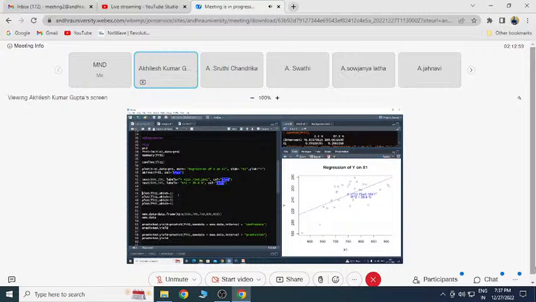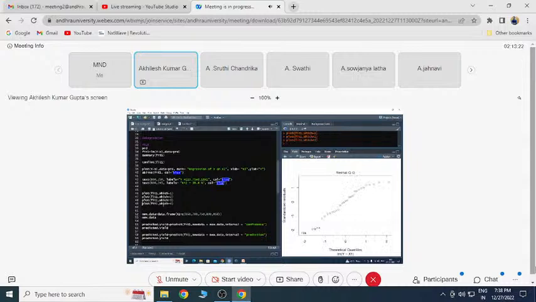These are the plots you can use to check the assumptions of your regression. This is the residual versus fitted plot. I will give you a link or file where you can read about this thoroughly. I don't have much time, 20 minutes left, so I will move to multiple linear regression. You can also check on the internet. There are various descriptions of these plots and how you can check your assumptions through them. These are very important plots.